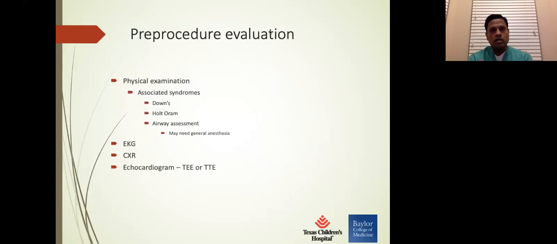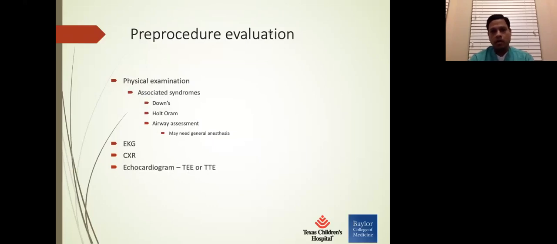The reference is down there if you want to look up that paper. So usually the pre-procedure evaluation starts with physical examination. You want to know about associated syndromes, including Down syndrome and other syndromes which could affect airway assessment. Small children almost always require general anesthesia for the procedure. Older patients